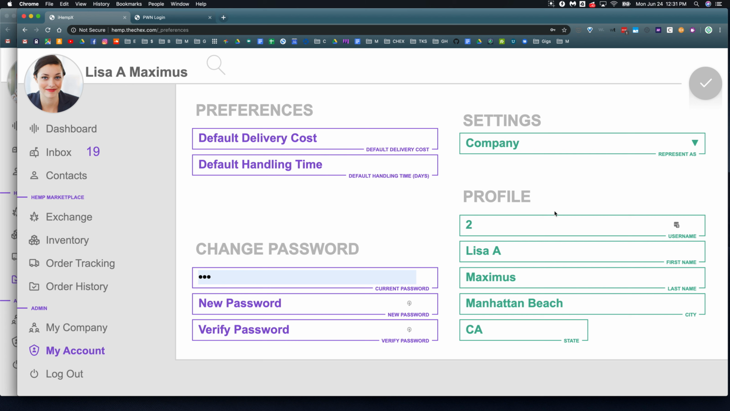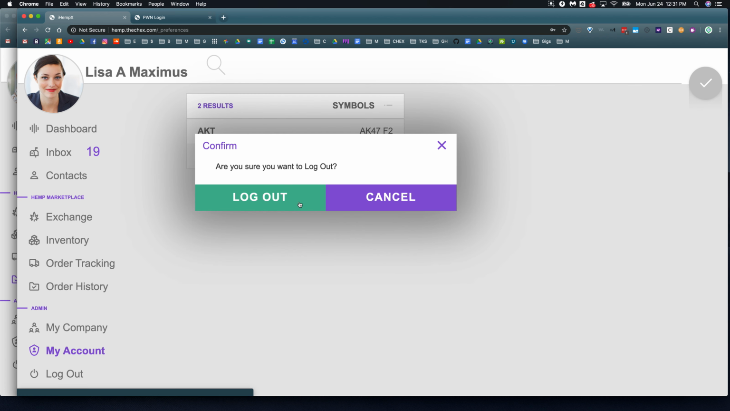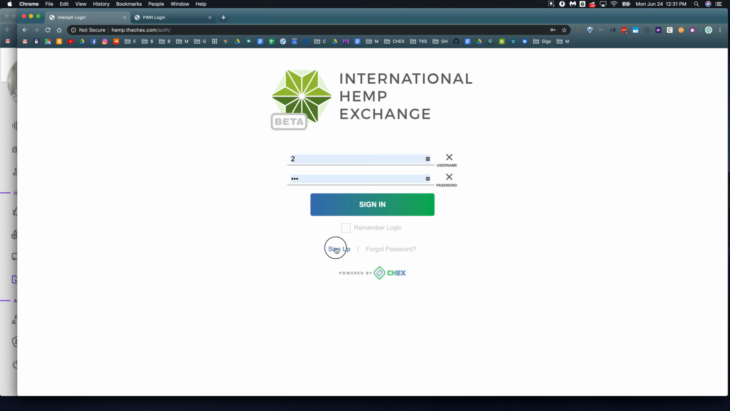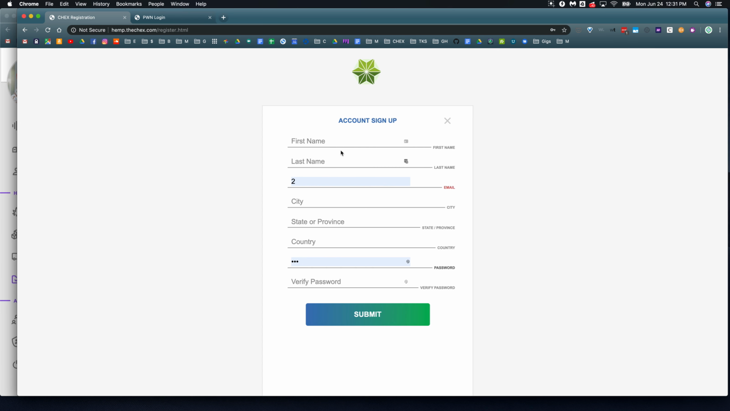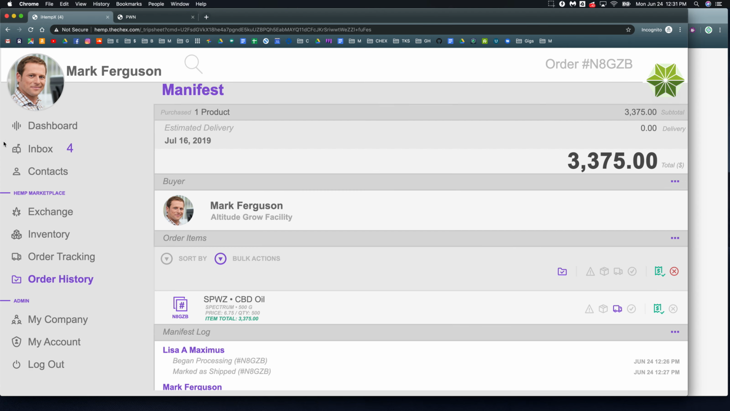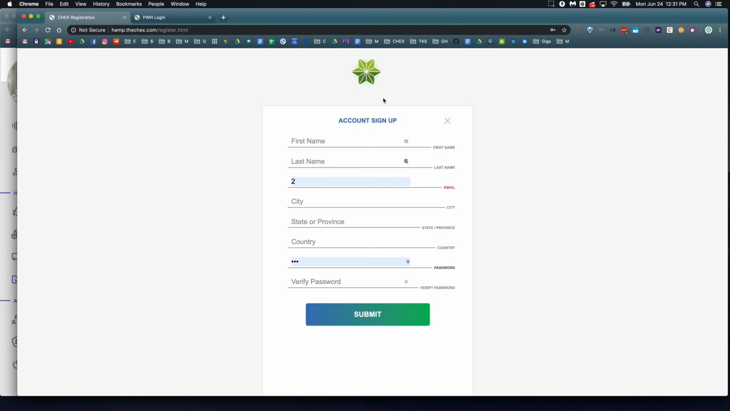My account is for various settings that we'll build out further. And that concludes the general demo of the public exchange. We can log out and sign up as a new user, see what that looks like. Feel free to do that with the demo URL, the platform URL that I can share. And the other thing that I'll show you